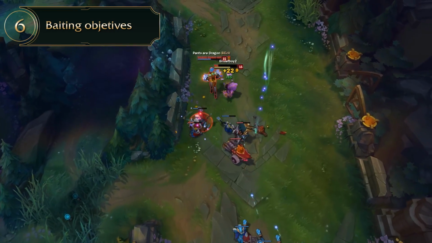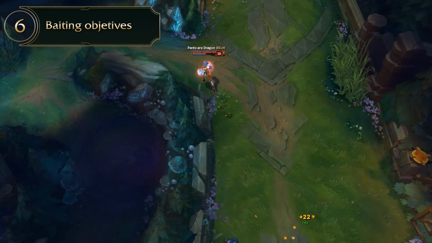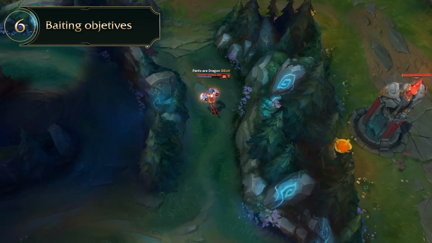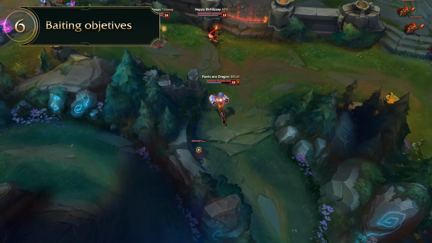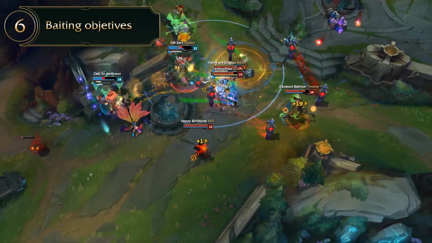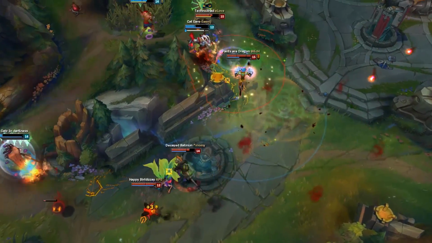It's really easy to set your sights on a target like Baron, but going straight for it is often a mistake since the enemy team might be ready to collapse on you. Honestly, this is one of those things you have to get a feeling for, when to start an objective and when to bait it out, but the easiest way to pull it off is to ignore the idea of capturing